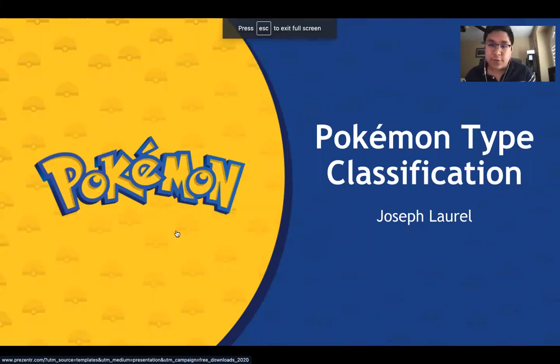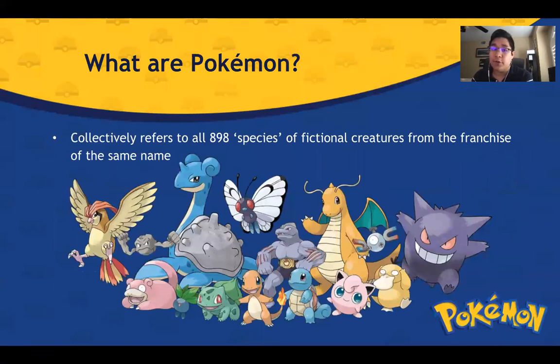Hi, my name is Joseph Laurel, and this is my Pokemon type classification project. So what are Pokemon? Well, Pokemon collectively refers to all 889 species of fictional creatures from the franchise of the